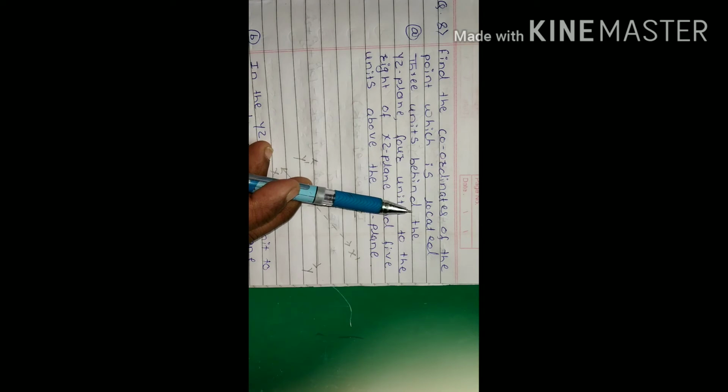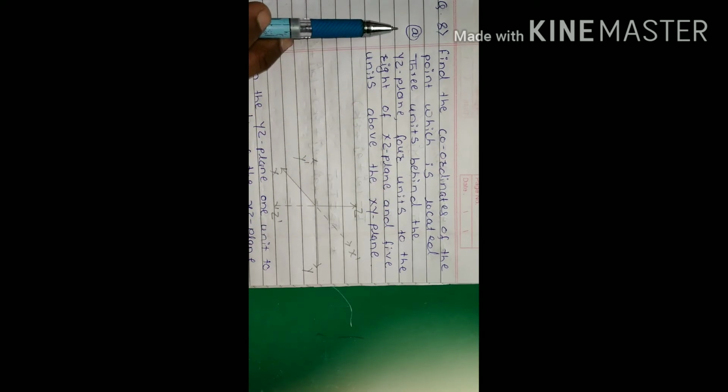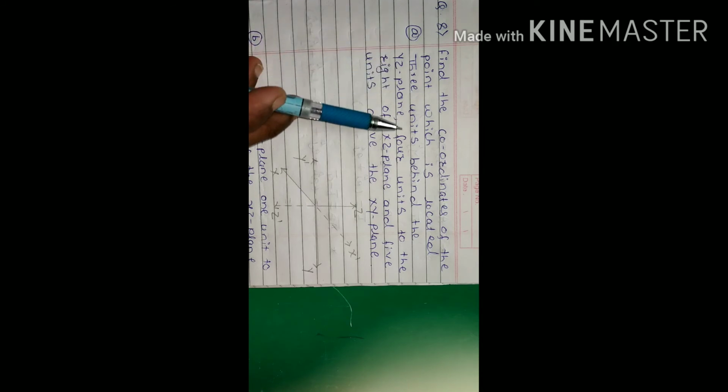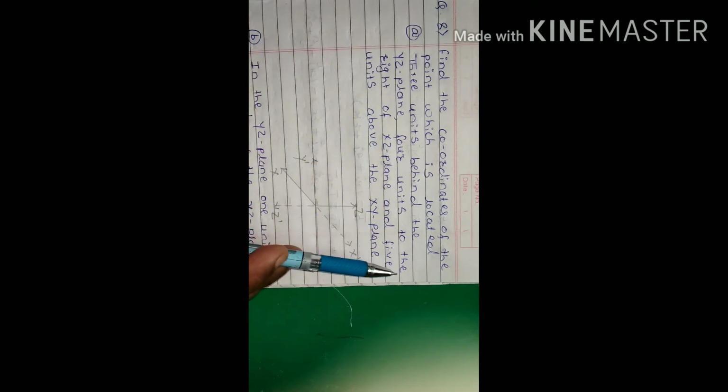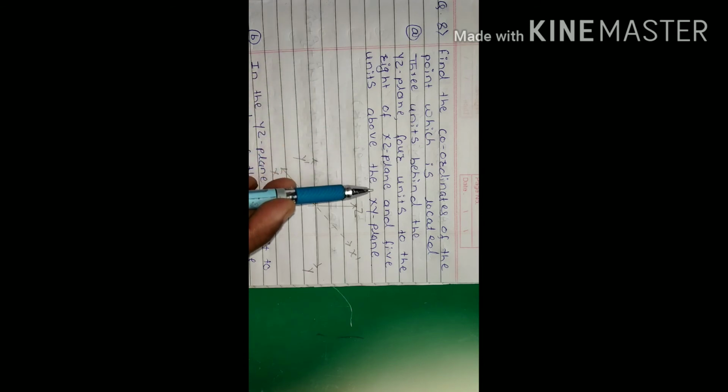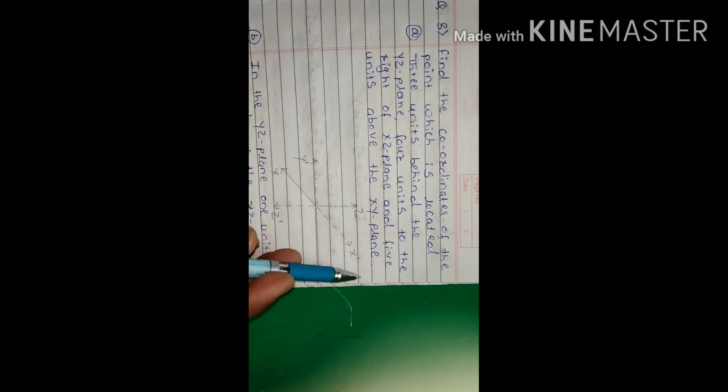Then the next question: find the coordinates of the point which is located A, 3 units behind the yz plane, 4 units to the right of the xz plane and 5 units above the xy plane. In the answer,